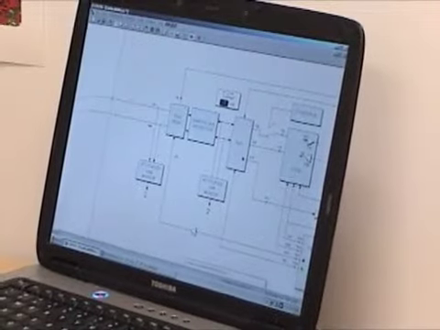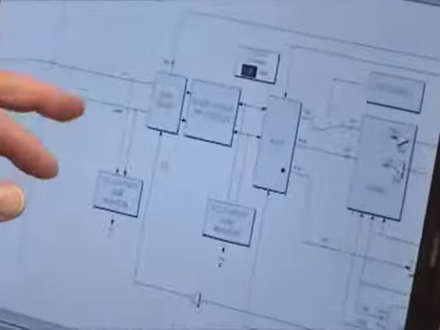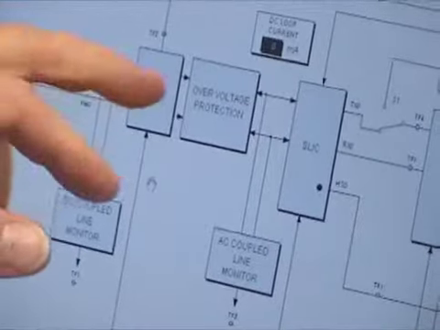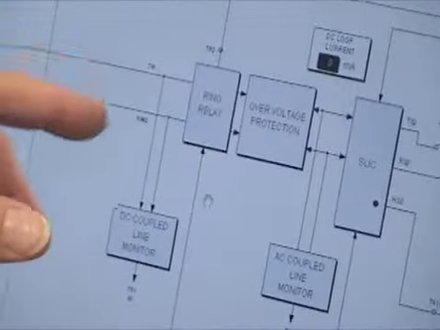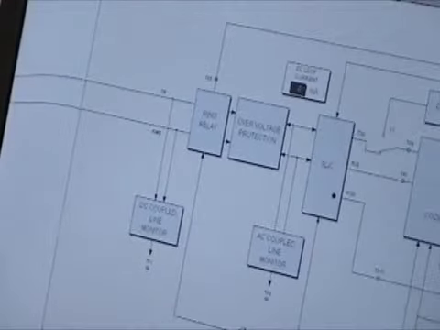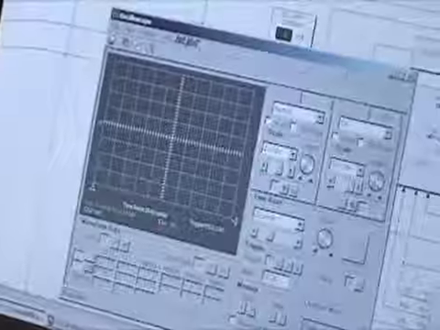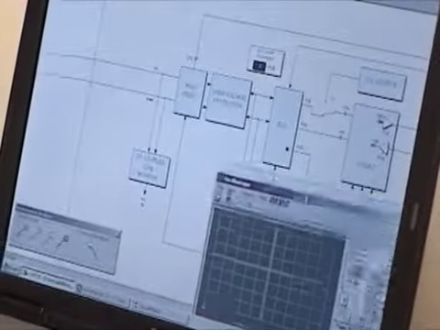So the first thing I'm going to demonstrate is what happens when you go off hook. In other words, when I lift the telephone off, what you're going to see here, the central office normally puts 48 volts across the line here. I can see that with a scope. The software has an instrument here called the oscilloscope, and what I'll do is connect the oscilloscope across the line here, and we can just confirm that we do see